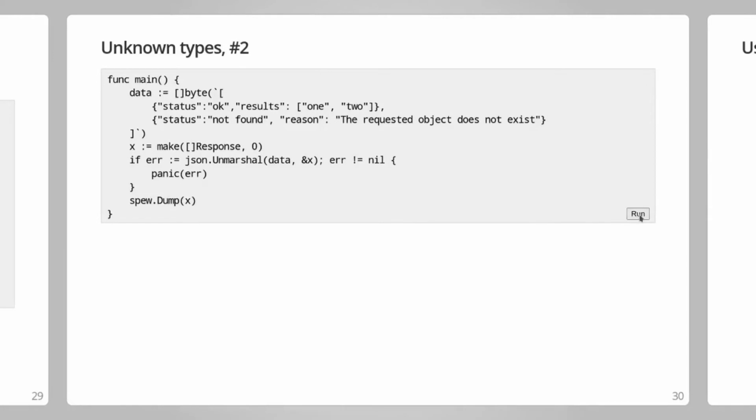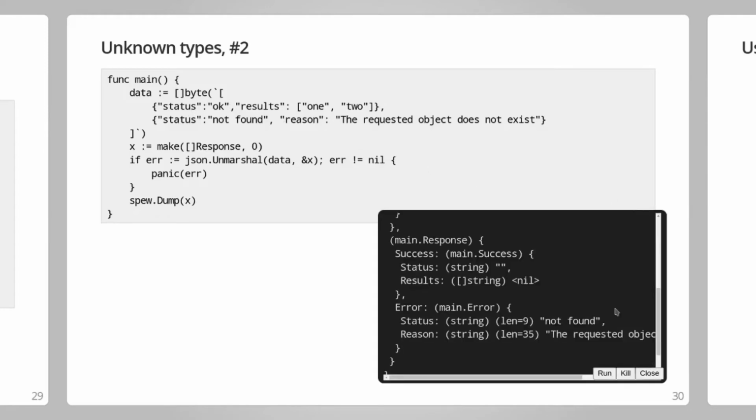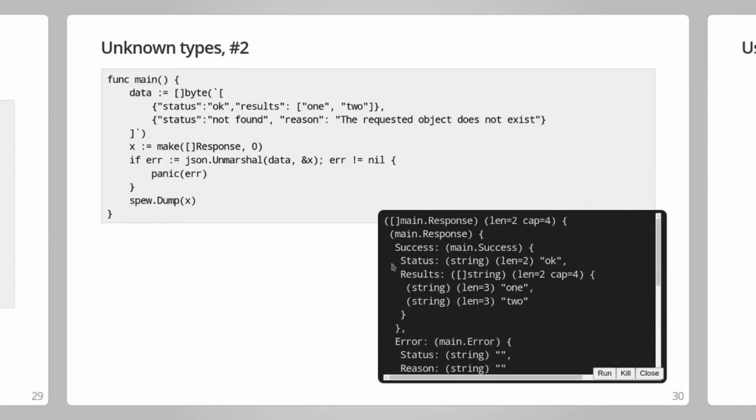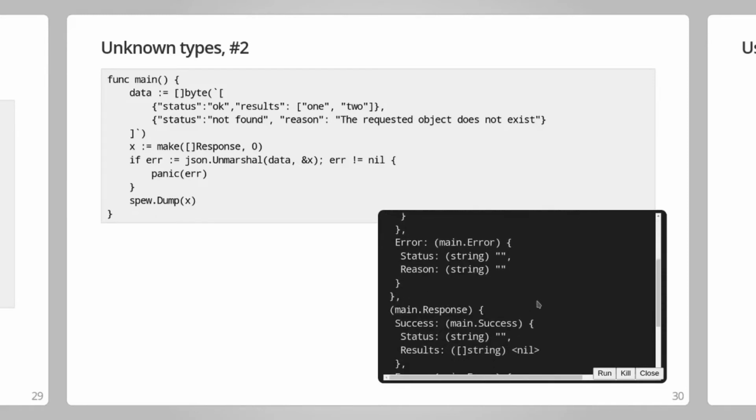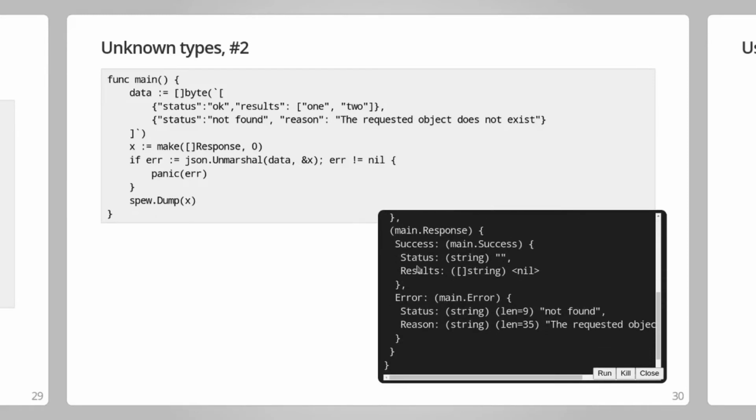Let's look at our demonstration. Once again, we have a success case and a failure case. Both of them have status with different values. And as before, you can see that in the success case, we have a success object, status is okay, and the other values are set, and error is empty. For the error case, we have an empty success value, and then the error field is set with its own